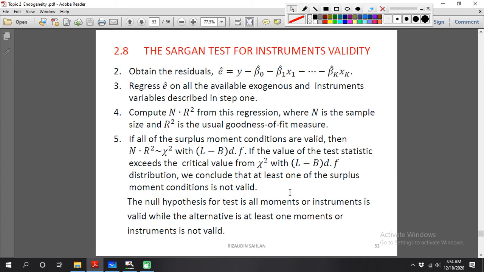If we fail to reject H0, all the instruments we put into the model are valid.